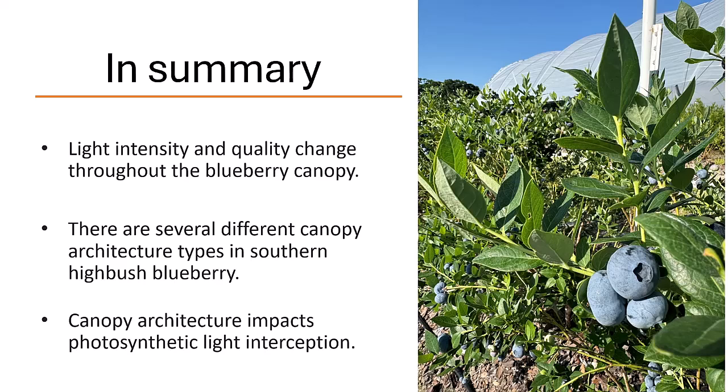So in summary, from our first foray of research into canopy light and canopy shape in southern high-bush blueberry, we found that light intensity and quality changed throughout the blueberry canopy, and that this usually has no relation to the light that we perceive is happening everywhere else in the farm. This has us thinking about what exactly is the right light sensor that we should be using. Most of us probably have in the farm a pyranometer in the weather station, and that's only one of the important points of information that we need to consider